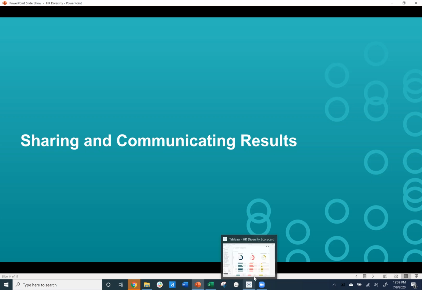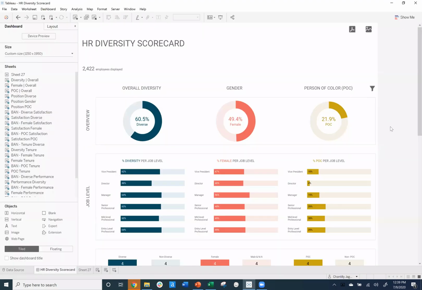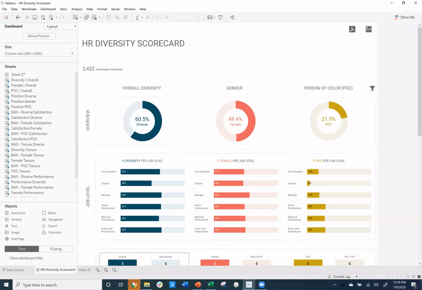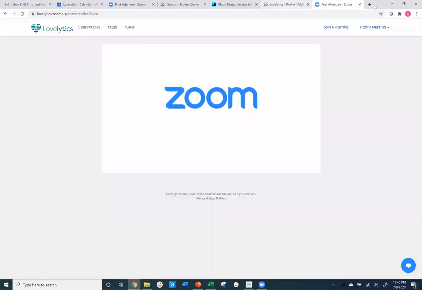So I want to talk about sharing and communicating this information if you have Tableau Server or Tableau Online within your organization. So once you have this dashboard built and you're ready to share it, right, there are several things that you can do. You can build in user level filters within this. As long as the user is within your Tableau server environment, you can set up parameters or filters that say, as long as they fall within this group, then they have access to viewing information related to their group. You can start to get very specific with security and how you share this, especially if you have user filters enabled within your dashboard. So first, I'm actually going to transition to our Tableau server,